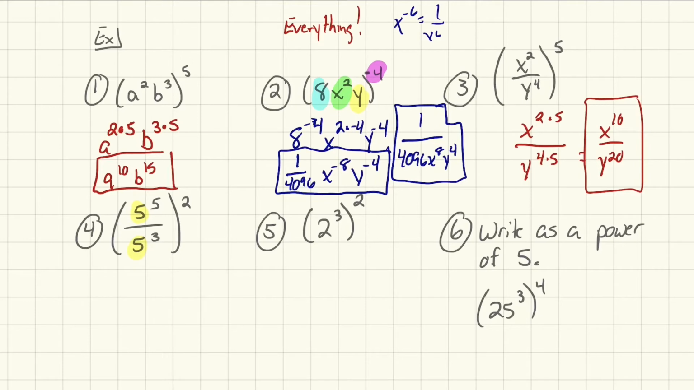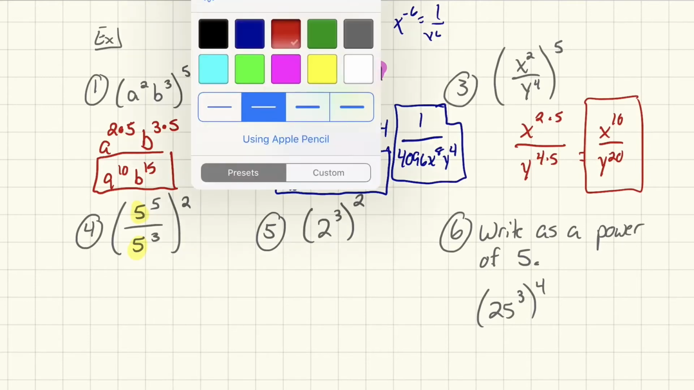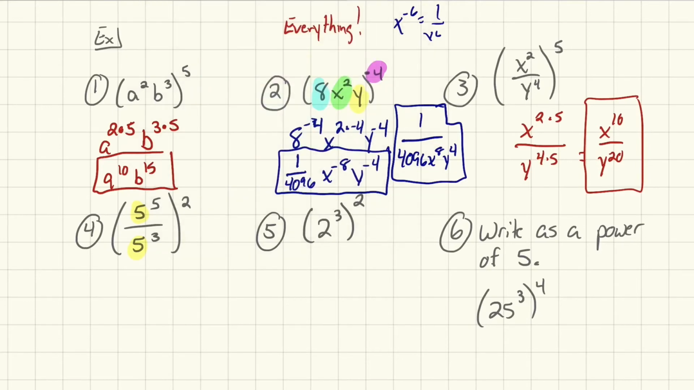So what I can do is I can look at this problem and I could say, well, 5 to the 5th over 5 to the 3rd is the same thing as 5 to the 5 minus 3, because remember, whenever we're dividing terms with exponents, we can subtract the exponents even if the base is a number and not a variable. And then all of that is going to be squared. So what that ends up giving me is 5 squared,